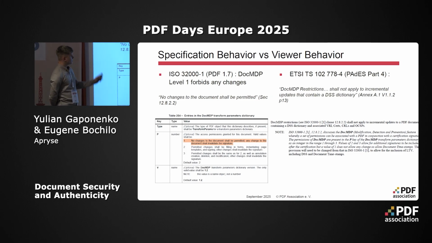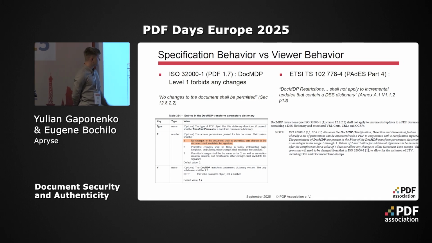And it's also probably important to mention that all these requirements are not relevant in case of DSS dictionary updates and timestamping. So this was the fact that you might need to improve the level of your signature was taken into account, and you can and should be able to update the DSS dictionary and introduce timestamps. But unfortunately, already here there are some